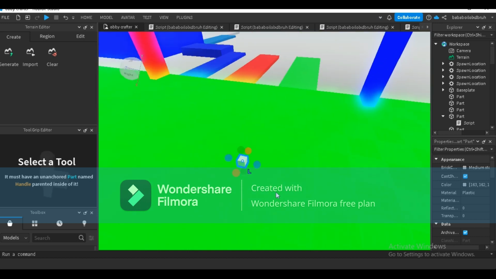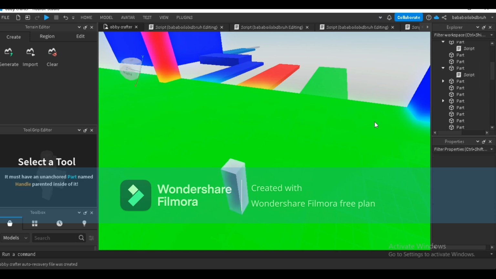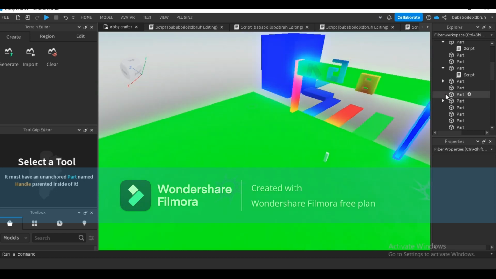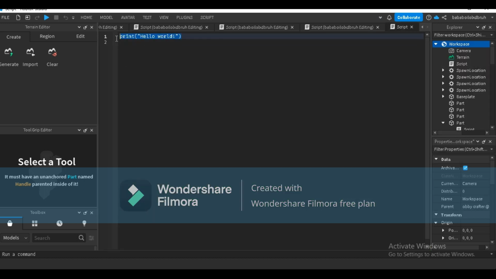But right now, I'm just going to be making the template for the part so we know what it looks like, but we don't need it right now. I'm just going to show you what a tool is right now. So basically, we're going to insert a script into the workspace. A script, not a local script. We're going to insert a script, and we're going to make it,